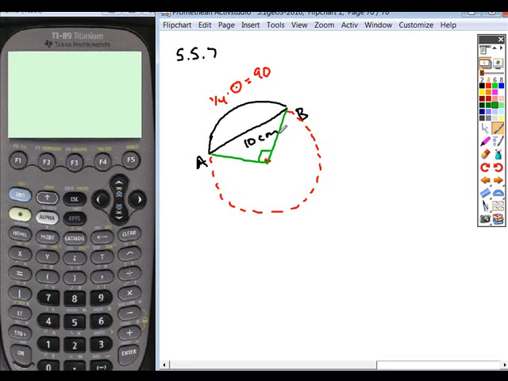And so now, since these are radii of a circle, you have an isosceles triangle with a 90-degree angle, so it's isosceles right. So again, you have that pattern of x, x, x root 2. And so if your x root 2 value is equal to 10, you can solve for the radius, or the